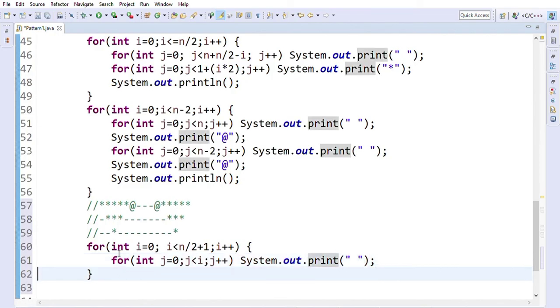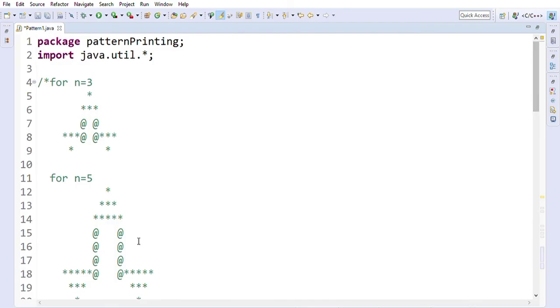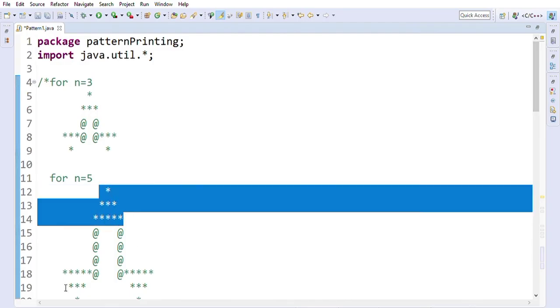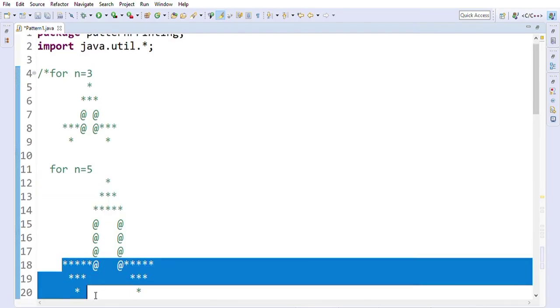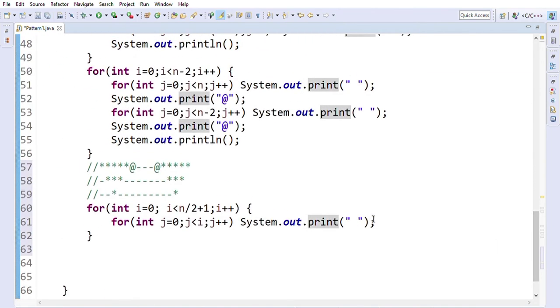Okay, after printing white spaces we have to print the star. For the first time we will print it 5 times, then 3 times, then 1 time. If we closely observe this pattern, then we can see that this is just the opposite of the first part.